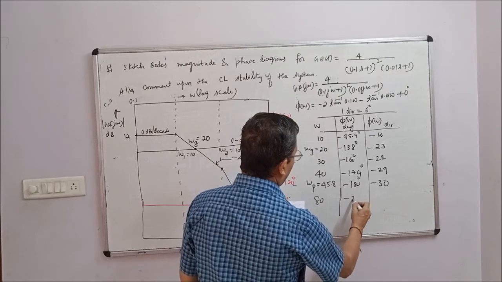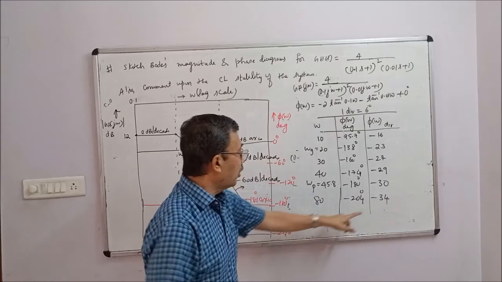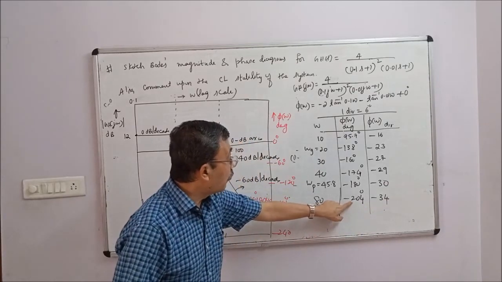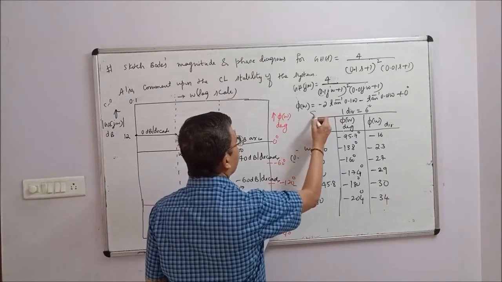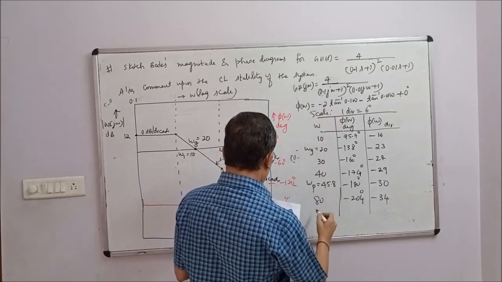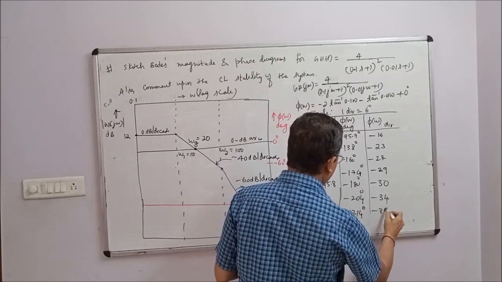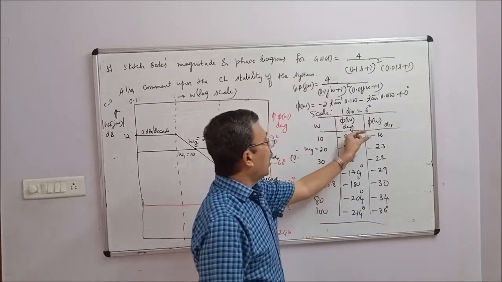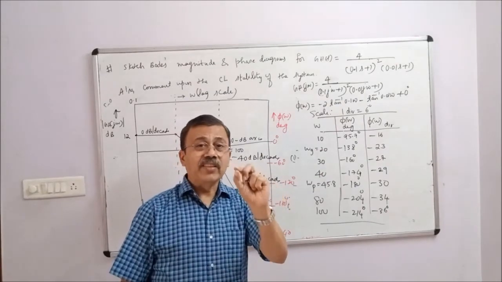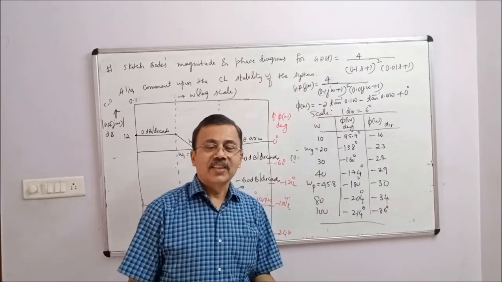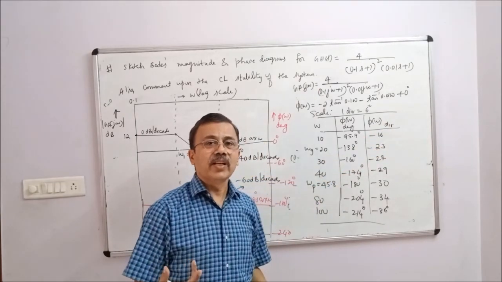Next 80, you get minus 204 degrees, which is minus 34 divisions. How did you get minus 34? Divide 204 by 6, because the scale is 1 division is equal to 6 degrees. Then when it is 100, you get minus 214 degrees, which is minus 36 divisions. The divisions are written as whole numbers because each small division represents 6 degrees. The pencil thickness itself is 0.7 millimeters. Therefore, the decimal has no significance.